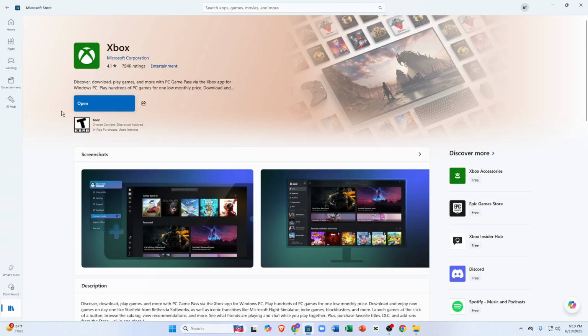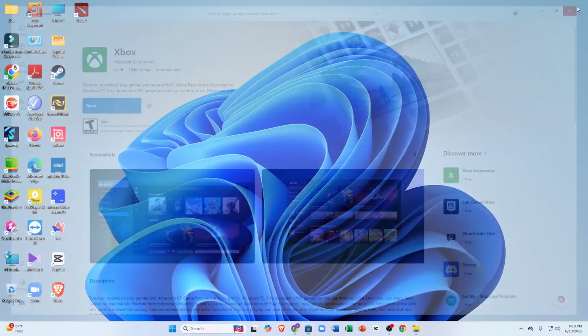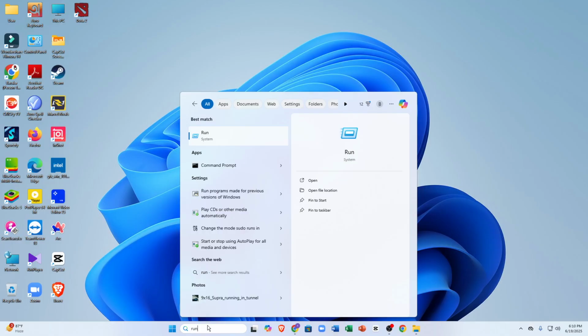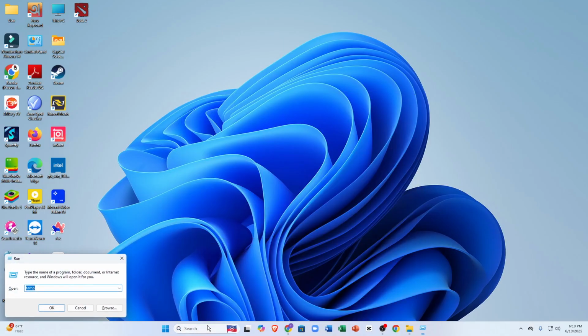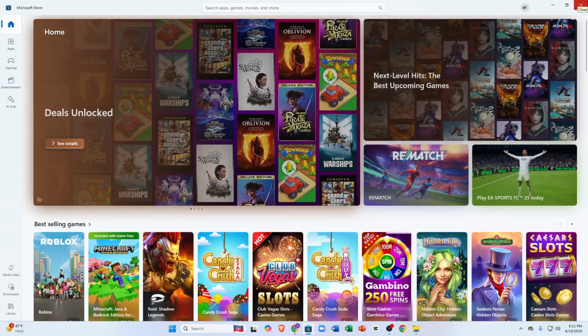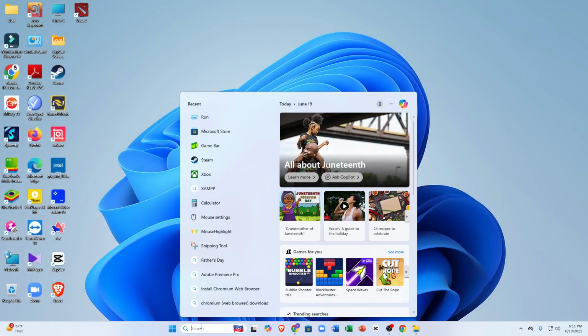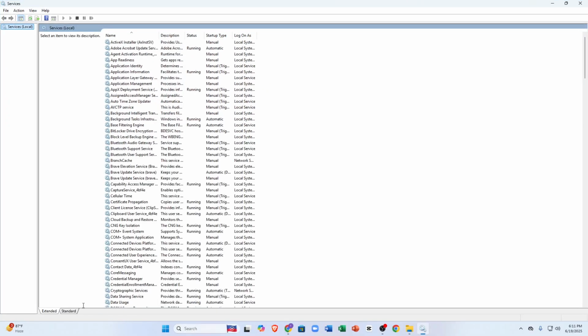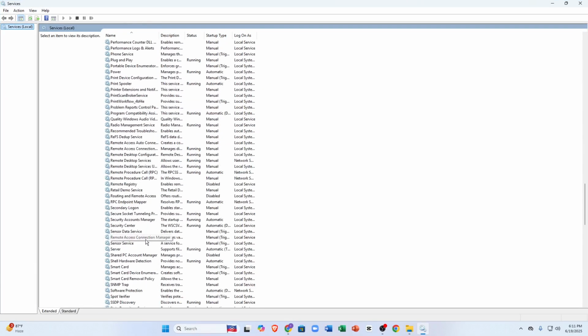And if this method doesn't work for you, then you just have to click on Windows and search for run from here, then search for wsreset and click on OK, and it will open the Microsoft Store, and you just have to close this from here. Then search for services on the Windows search bar, click on enter, and look for the Xbox